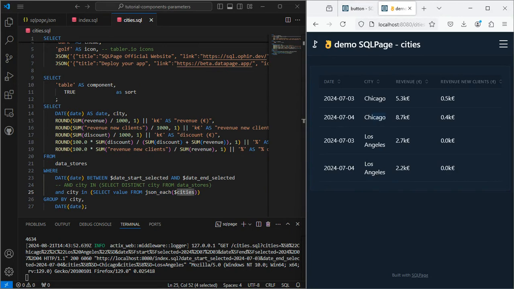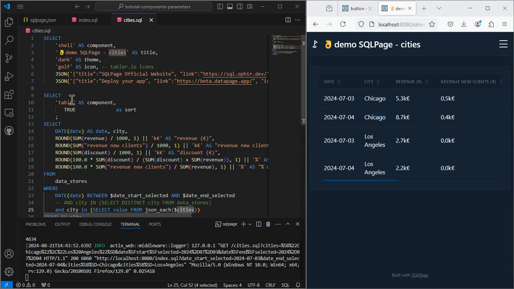The last thing I want to do is have a button that I can click to go back to the previous page while keeping the values of the variables they are now. So that would mean only the cities Chicago and Los Angeles for these specific dates. So I'm going to add a button right above the table.